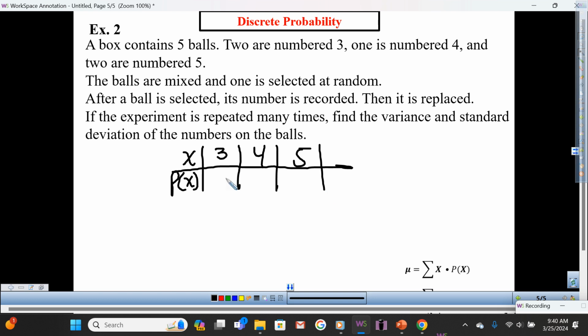So, what would I write for the probability of getting a 3? Think about it. There's 5 balls. There's 2 of them that are number 3. So you remember what I would write there for the probability of 3. Everyone? Yeah, 2 out of 5. How about 4? 1/5 and 5? 2/5, and the rest is history, yes? All right, so that's pretty much how it is.